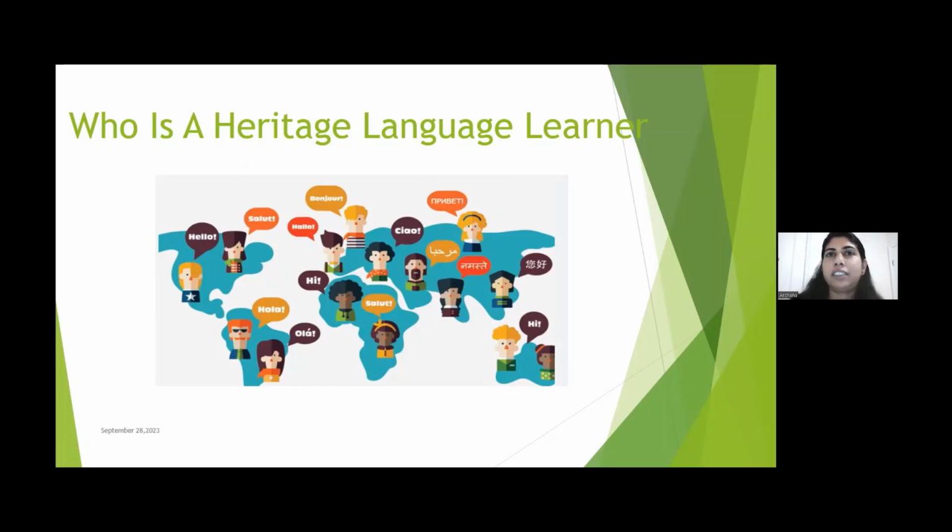Even kids who have been raised with a cultural connection to a particular language through family interaction, right? Kids who are born here, raised here, and talk to their families, their grandparents in their native country, and try to connect with them. They have exposure to the heritage language, but still they are not fully developed. Now, as heritage language teachers, we have to think, what can we do? How do you think we can continue with the heritage language exposure?